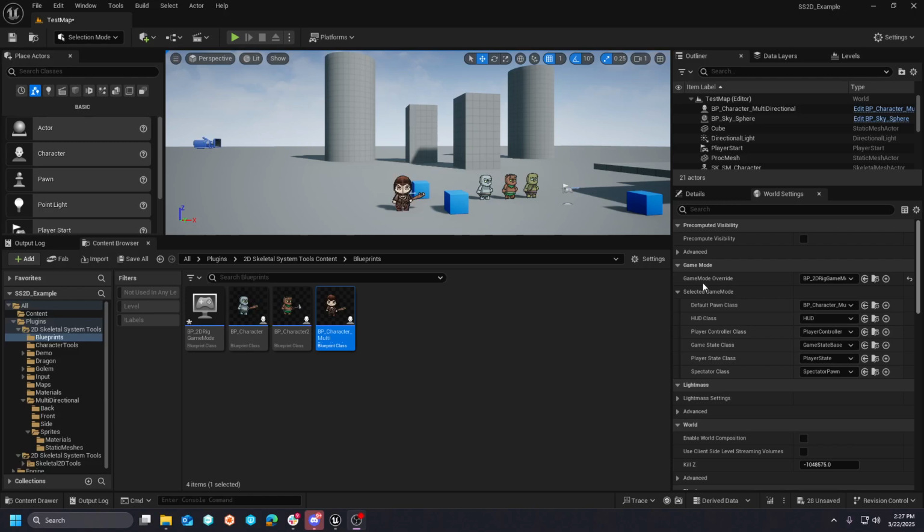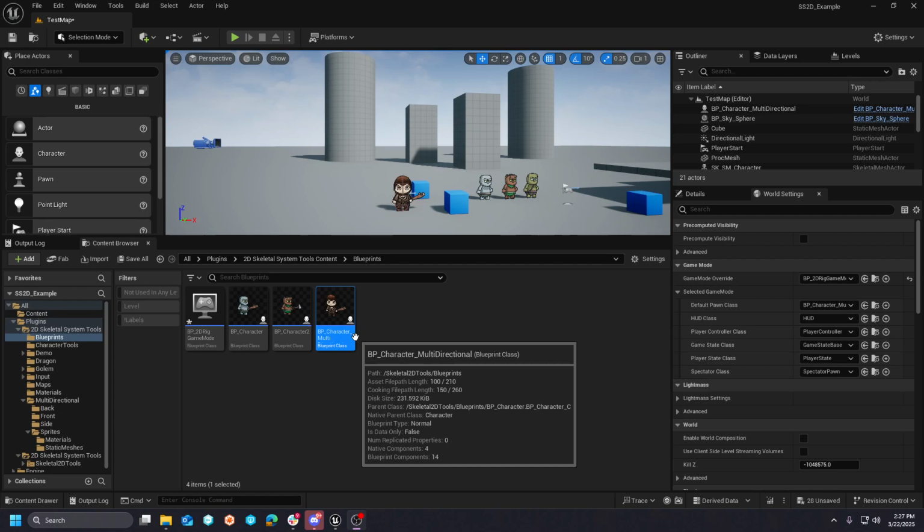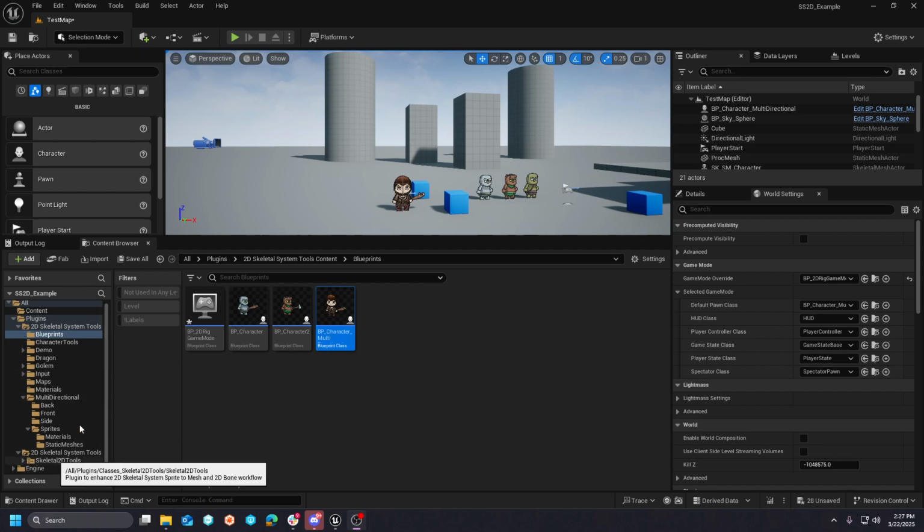Hey guys, Wadox Studios here, and today we're going to talk about a multi-directional character for the 2D Skeletal System Tools plugin. So, if you've gotten this asset off of Fab, either the blueprints or the plugin, you'll have a